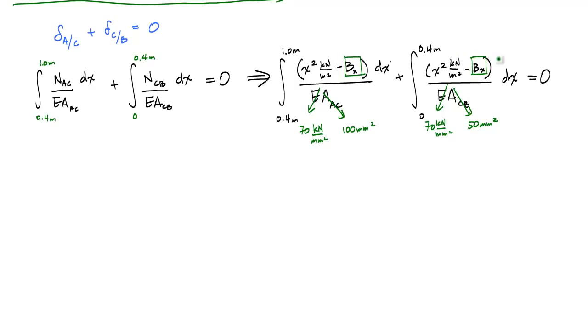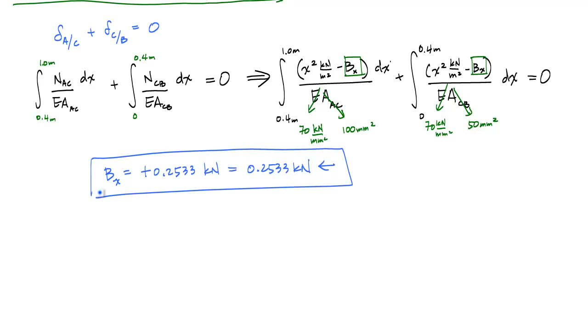And what I will get when I do the calculus, and hopefully I didn't make a mistake, is that Bx is equal to, I will get a positive result, 0.2533 kilonewtons right here, which is the same as 0.2533 kilonewtons to the left, because that's how I initially drew Bx, and that positive result means that I have agreement with the way I drew it initially in my big old free body diagram. So this is my Bx,